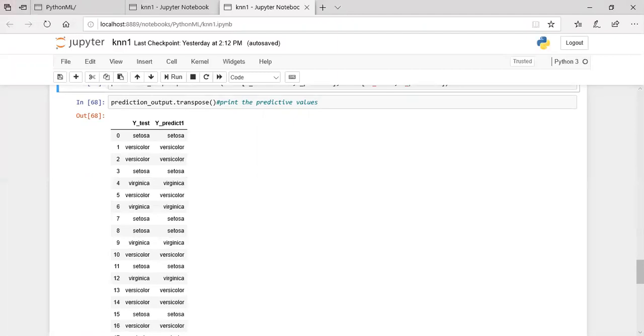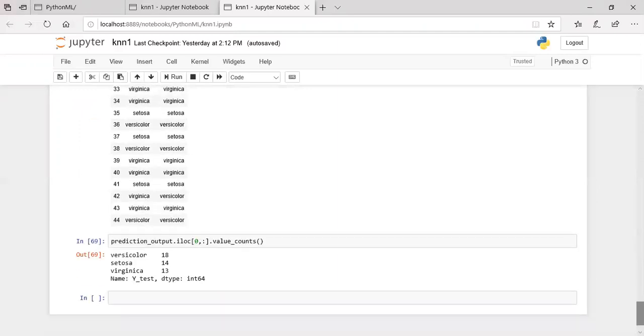In that output we display y_test and y_predict1. Here we see the correctly classified data and the misclassified data, one out of the 45 data points used as the 30% testing data. The last command is the prediction output with iloc, passing the values 0 up to the end of the dataset, with value_counts.